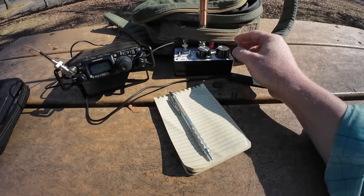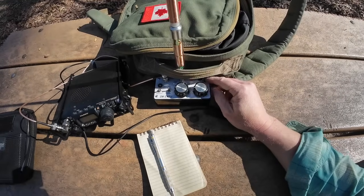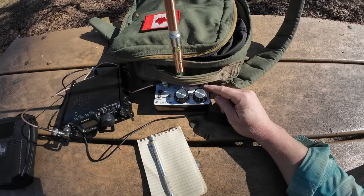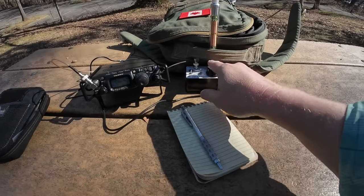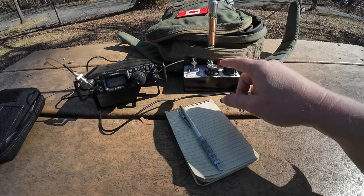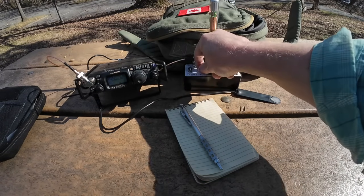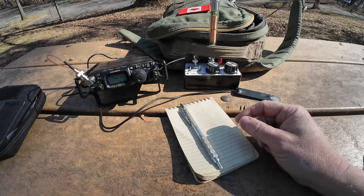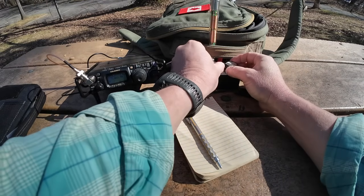So really the first thing I do is make sure that the switch, and this is hard to see here, but there's a switch at the back that says link and ground, located right here underneath the handle, and you want to make sure that's switched to ground, because that tells it that you're going to be using the coax input, which I am. Normally you would have a coax going out to your antenna, but I just connected my antenna directly to it. Then, of course, this one goes to the radio. Then I put it in the operator position, and then I put the added puffs on 0. So there's no added puffs on there. But what I normally do then is I put these capacitors in the middle position,